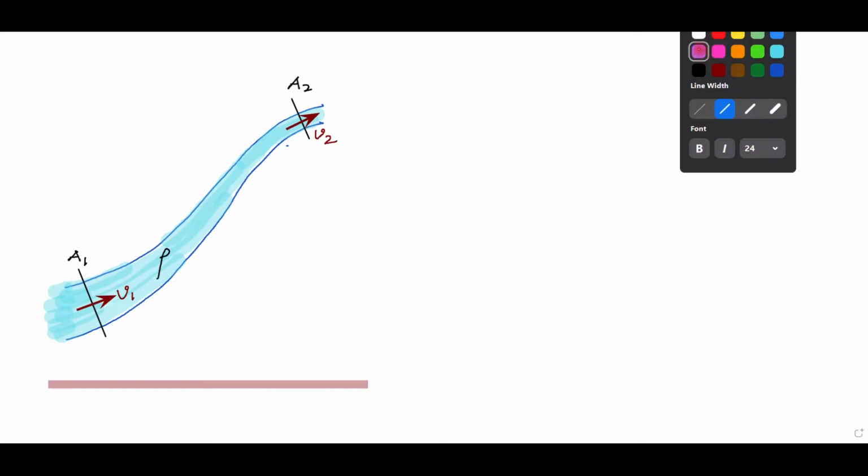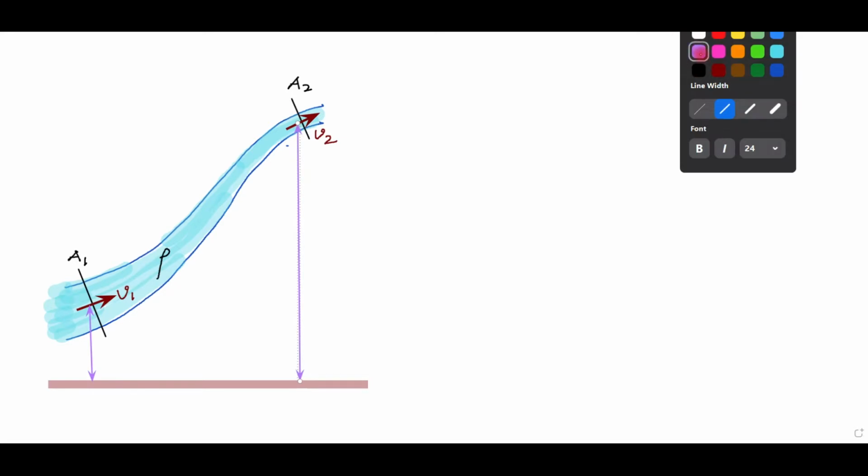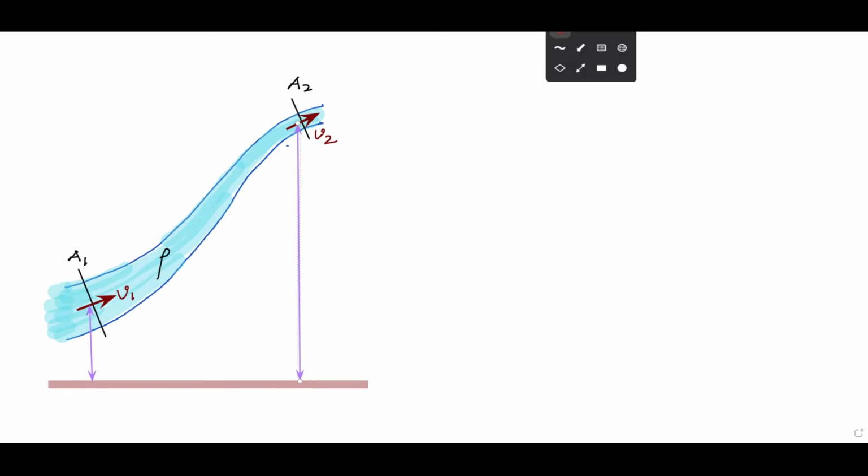The height of this cross section is H1, and the height of this cross section is H2. By Bernoulli's equation,